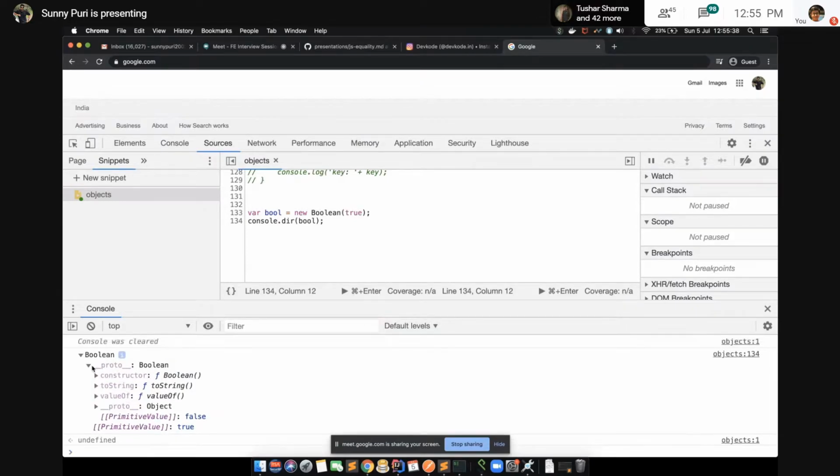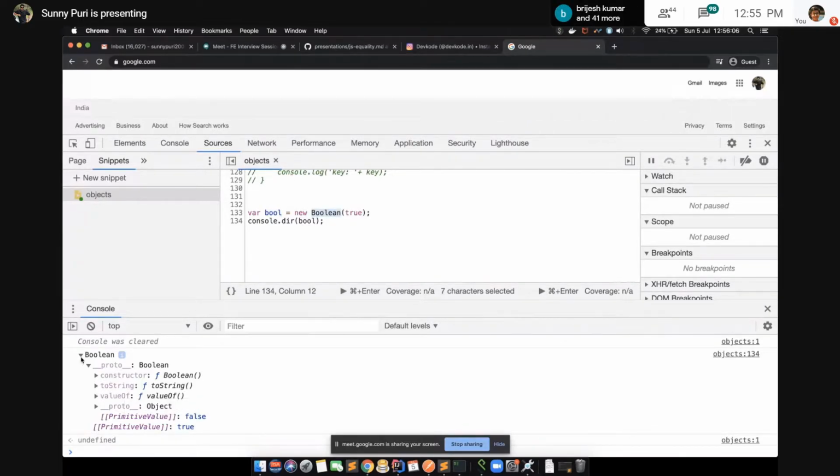If you see, it is inheriting. The proto contains the parent object. Let's say we have a parent object of the Boolean class, and the Boolean class is inheriting the object class. So at the end, everything is an object. That's why we say JavaScript is an object-oriented language. So bool is inheriting the Boolean class, and Boolean is inheriting the object class.